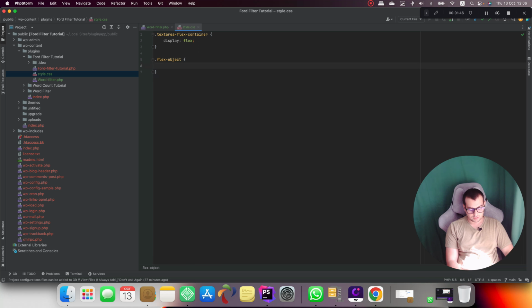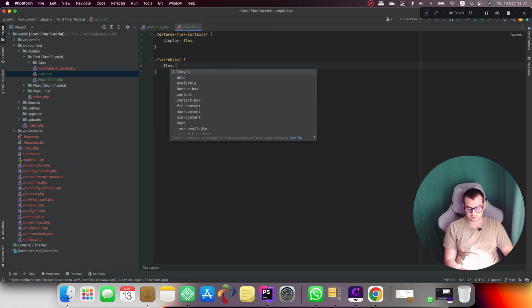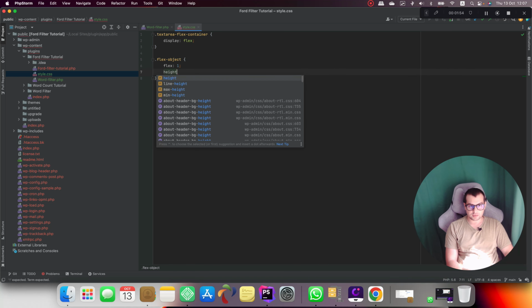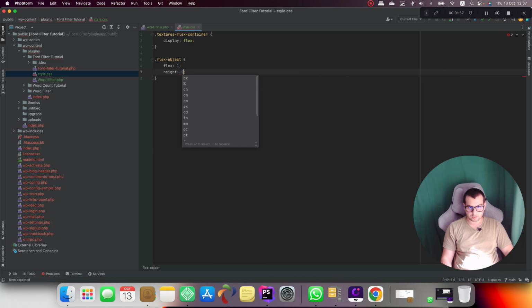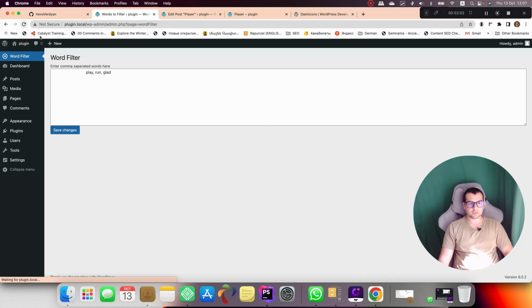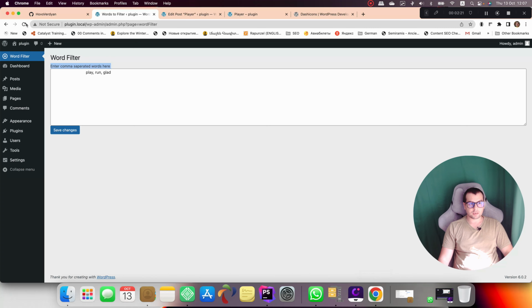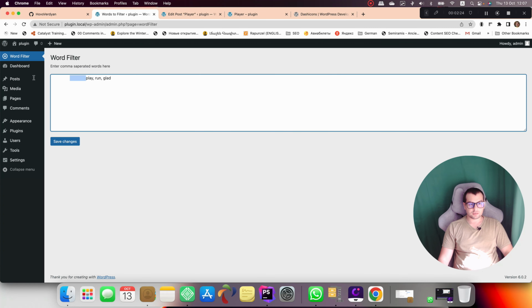It's going to be flex 1, which means it's going to take all the width possible, and the height is going to be, let's say, 200 pixels. I suppose it's going to look better if we reload the page. Yeah, it's a bit better, but let's add something more to our flex object. Let's add margins from the top and the bottom, 20 pixels, and 0 from left and right. Reloading the page, and yeah,